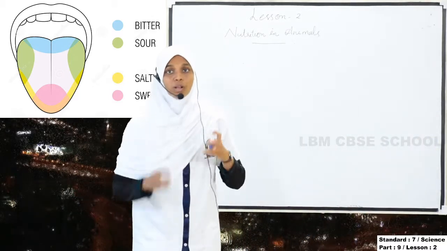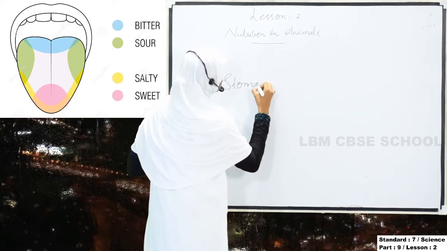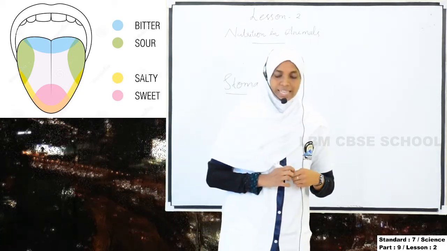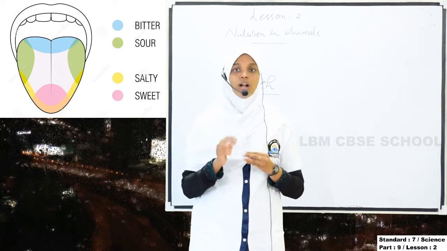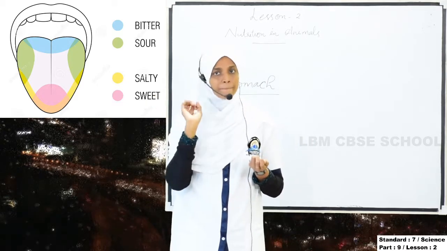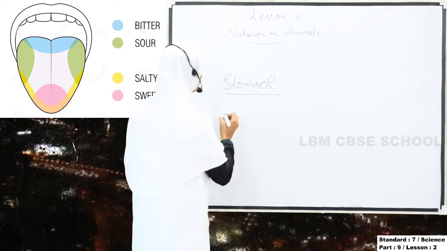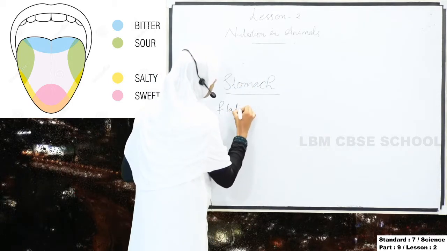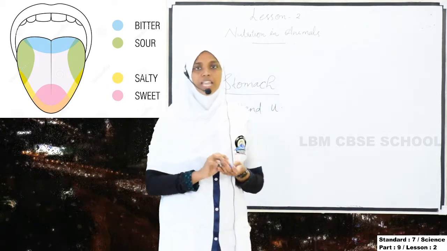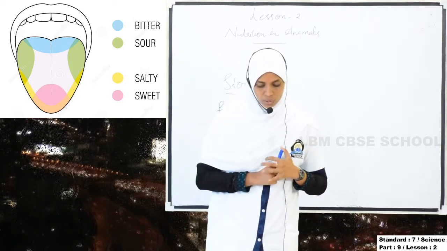So now we are going to discuss the specialities of the stomach. Okay, the stomach is a thick walled bag. The first point is the stomach is a thick walled bag. Then its shape is like a flattened U. What is the shape of the stomach? Flattened U. So the shape of the stomach is like a flattened U. And what are the specialities?